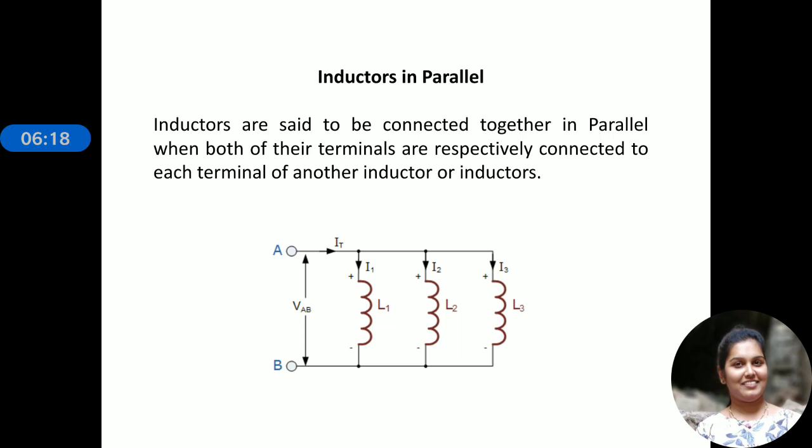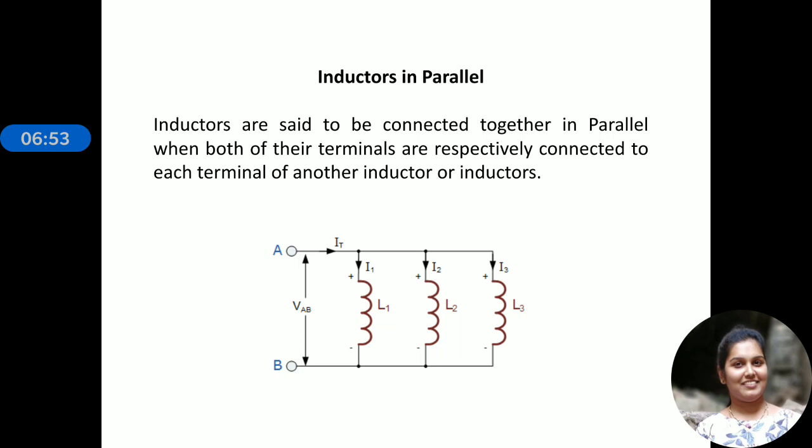When we consider cumulatively connected inductors in series, we simply assume that the direction of current flowing in two inductors will be in the same direction. Then we call it cumulatively connected series inductors. In such a case, the total inductance will be equal to the individual inductances plus 2 times the mutual inductance. That is, the total inductance LT will be equal to L1 plus